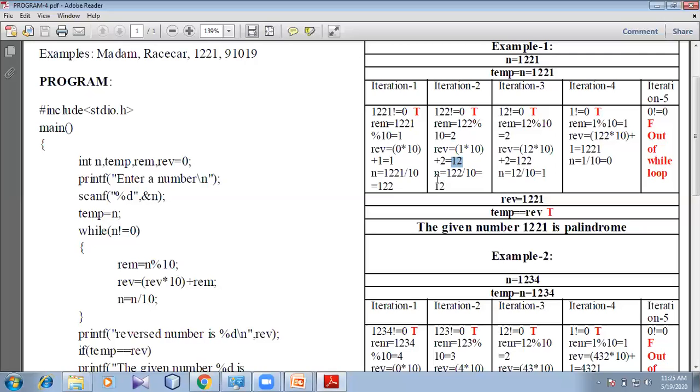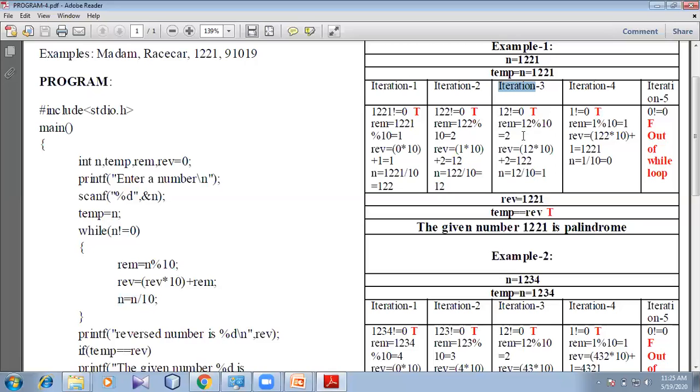Now, the new value of n is calculated by the formula n by 10. The n value was 122 divided by 10, so you got 12. Integer division always truncates the fractional part. That's why you got the n value as 12.